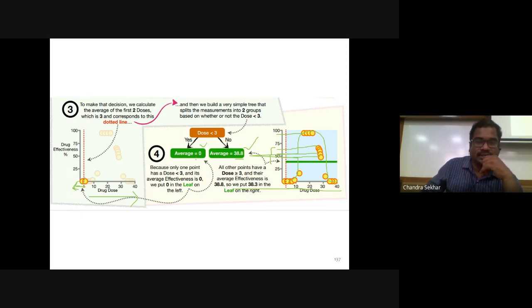Now you see here, this is 0. 38.8 is the average effectiveness, but for some points the effectiveness is close to 100. Now see, if I put any value, what happens? It adjusts to either 0 or 38.8. But many of the points here have values close to 100, close to 75. So if I split like this, then